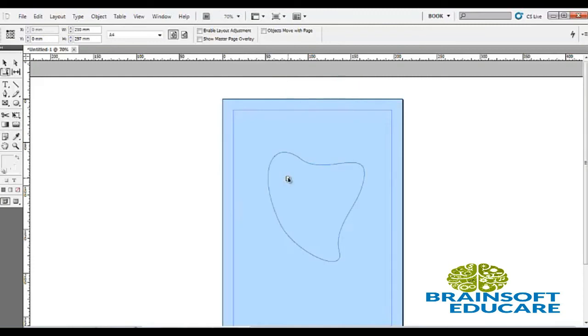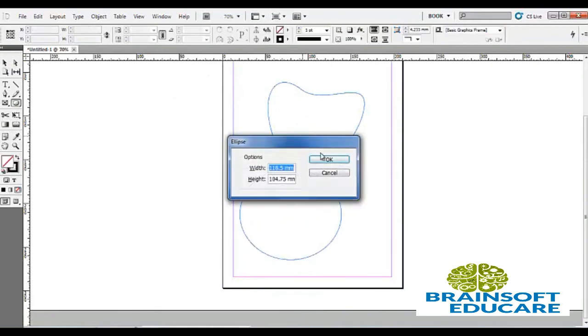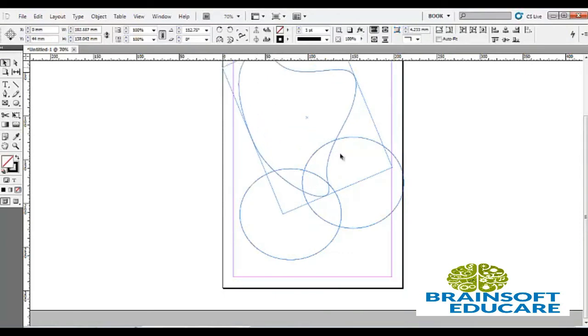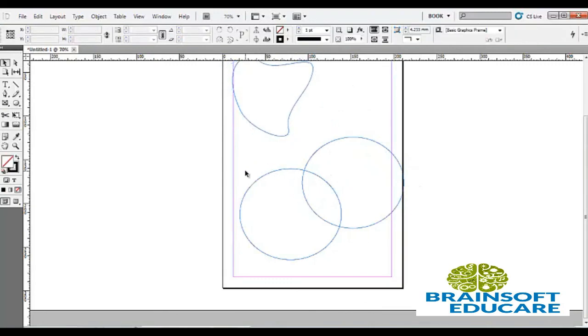Fourth tool, which is the gap tool, is used to adjust the space between two objects.